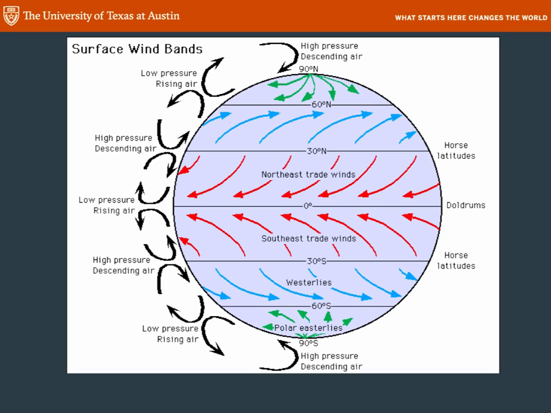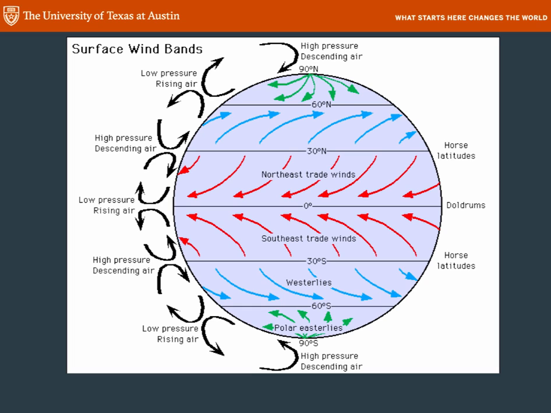So let's look at a simpler drawing of this, take away some of the three-dimensionality of the last one, and just look at the combination of wind currents along the surface and what they look like globally. So let's look at these red lines here that are labeled the trade winds. The air currents between 0 and 30 degrees north latitude, because of the Coriolis effect and because of the air circulation, are moving from the east